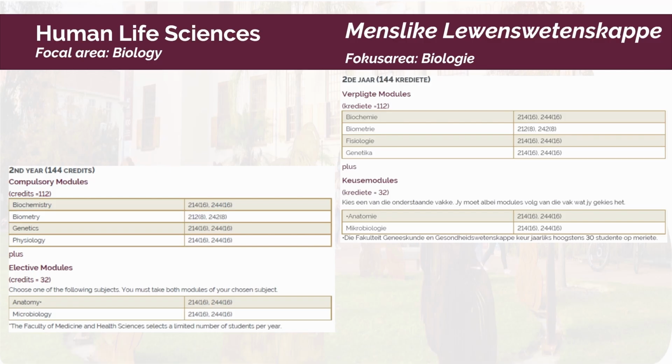This means that a first year module, biology 124, must be passed in order for you to register for physiology 214 and 244. But there's a co-requisite for physiology 214, 244 in that you must also take concurrently biochemistry 214 and 244.